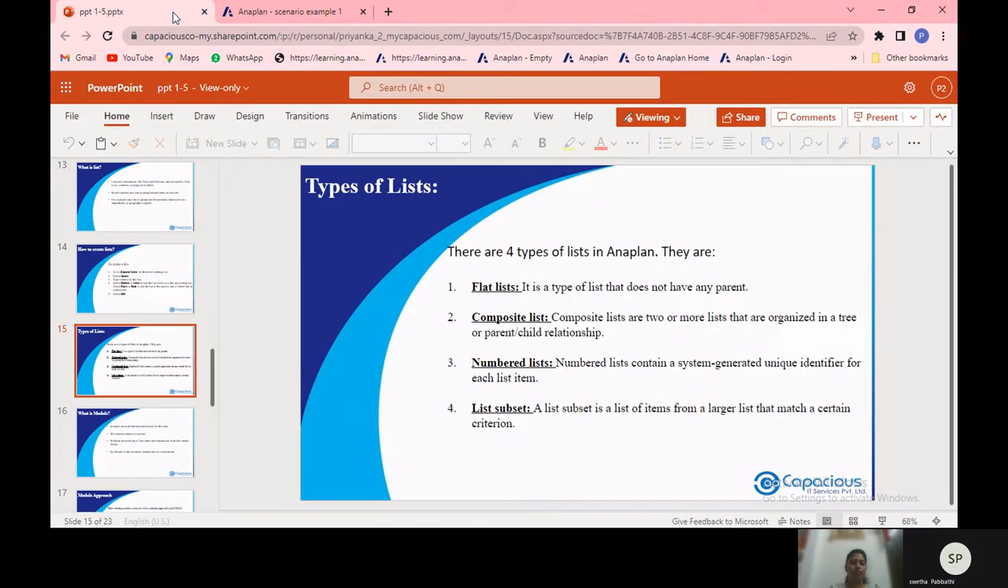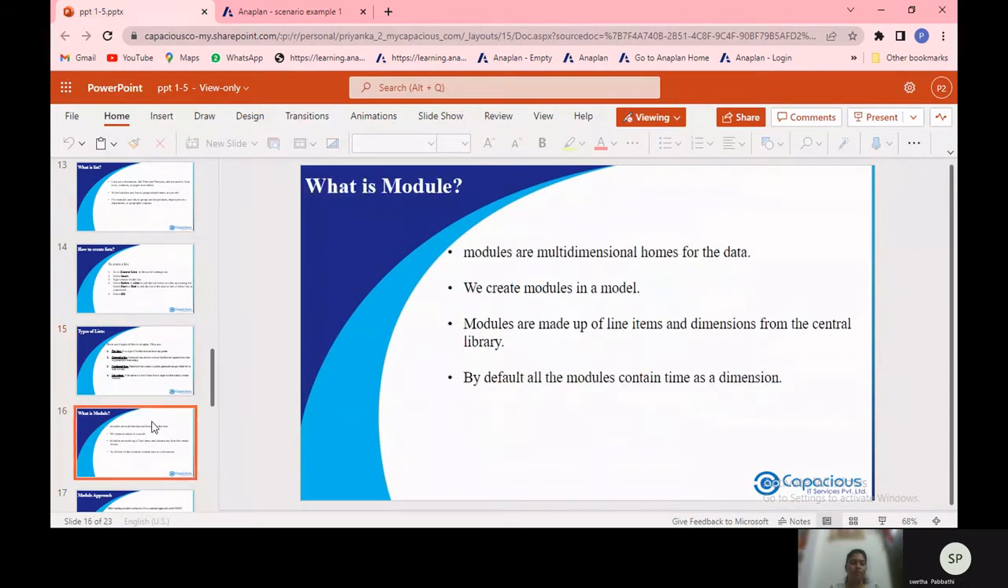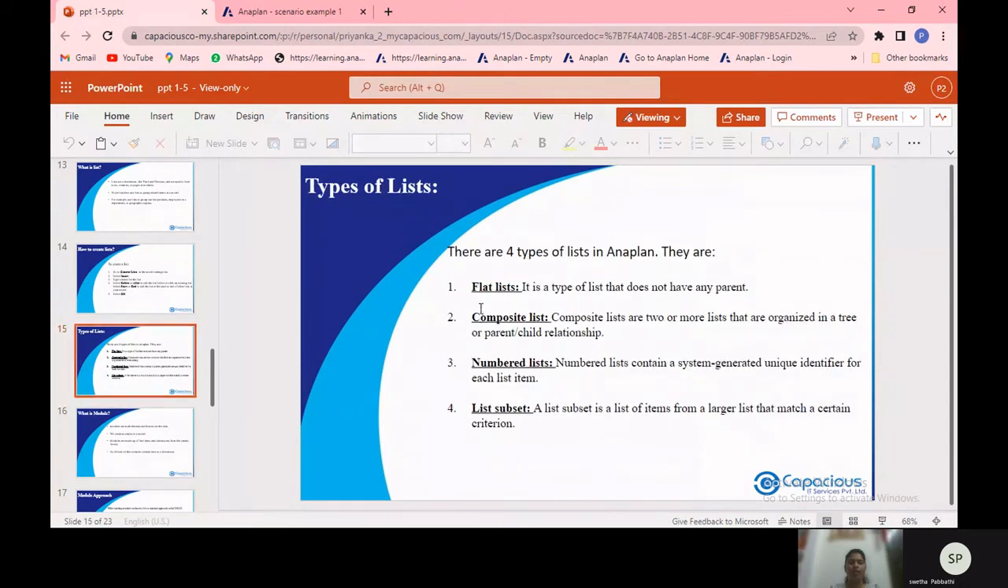I've completed explaining the flat list in the types of list, and the second list is composite list. Composite lists are two or more lists that are organized in a tree or parent or child relationship. In this composite list there will be the child and a parent. Child rolls up to the parent. I will show this practically how to create this composite list